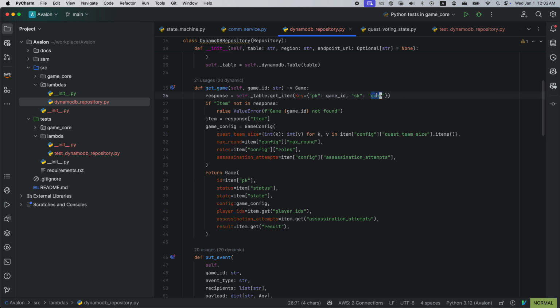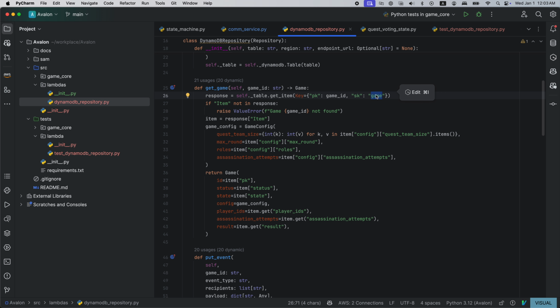But we can use the sort key to add more information. For example, the sort key of a game entity, which is one per game, is just the word game. For player, the sort key may be the player's unique ID.